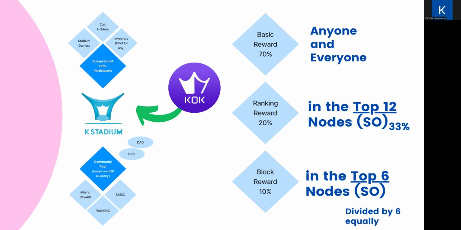Okay, but if we say that the KOK tokens that are already in K Stadium are right now off circulation, because there are a lot of tokens, we're talking about more than 200 million, that's a lot out of circulation. So my question is, because many people worry about the price in the market: if 200 million KOK tokens out of circulation don't affect the price in the market, how many will? They are supposed to affect it right now in a good way. So why is the price still dropping?